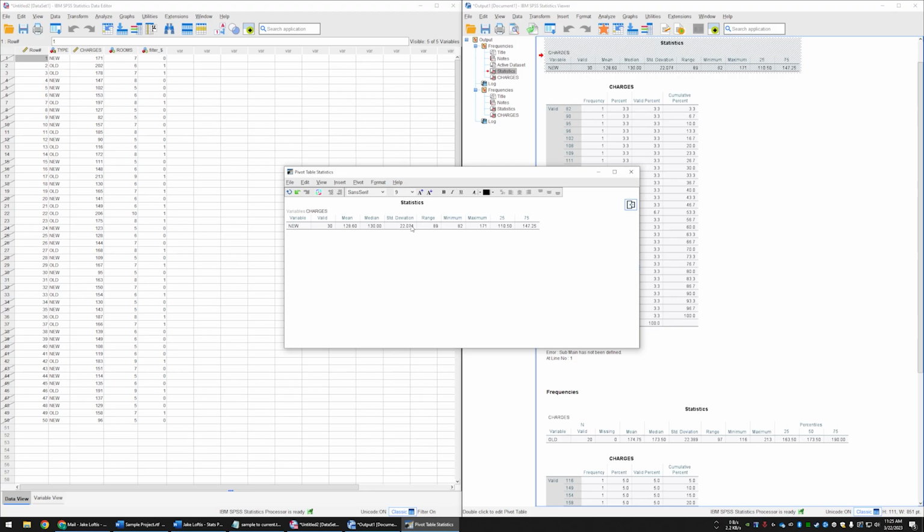From here, you can organize these a little better. That's what I've done so far. So I'll do, we've got 30 valid, and then you've got the mean, probably put the standard deviation, your minimum, and I'm just single clicking the category title and dragging left or right. So min,